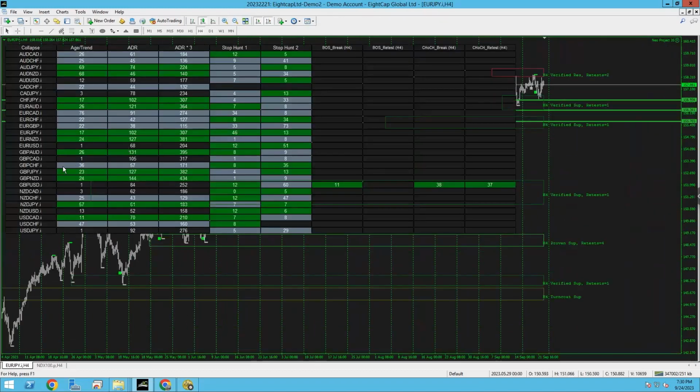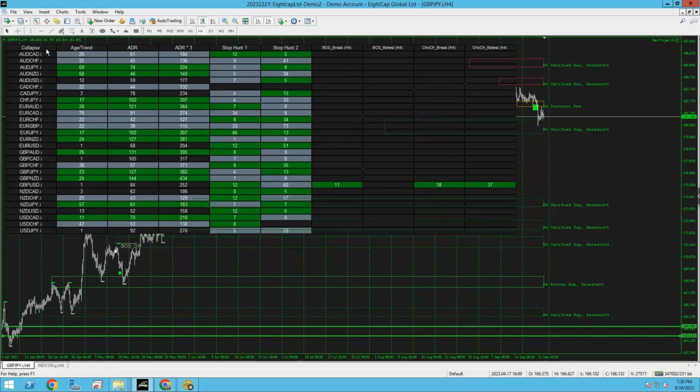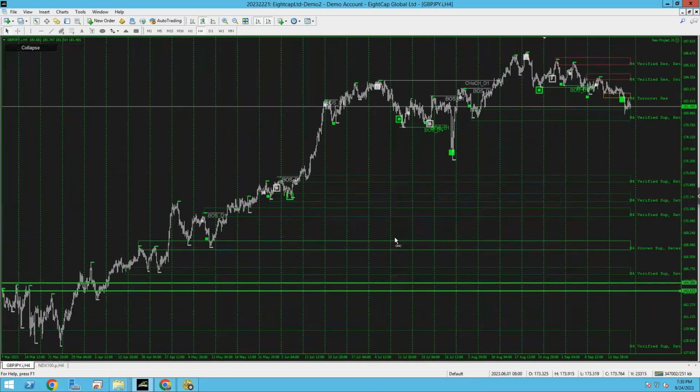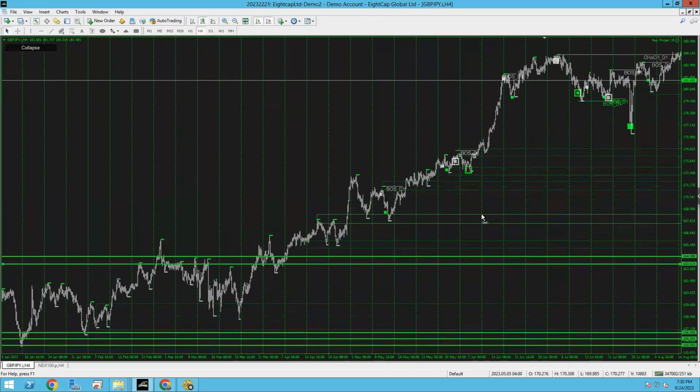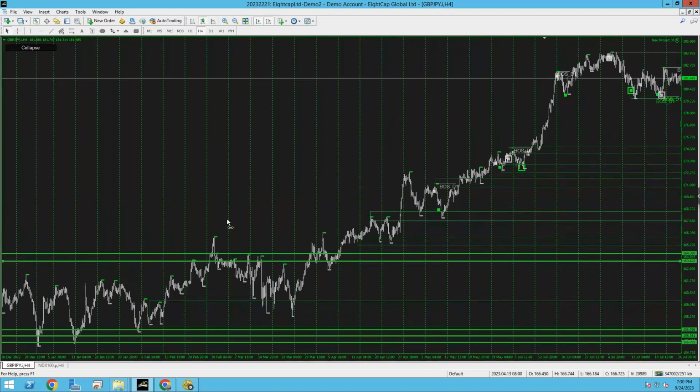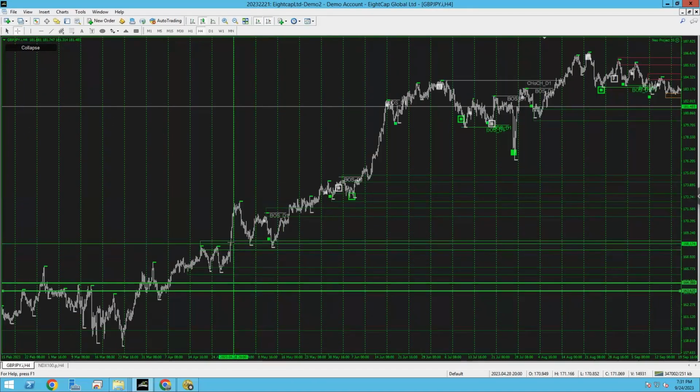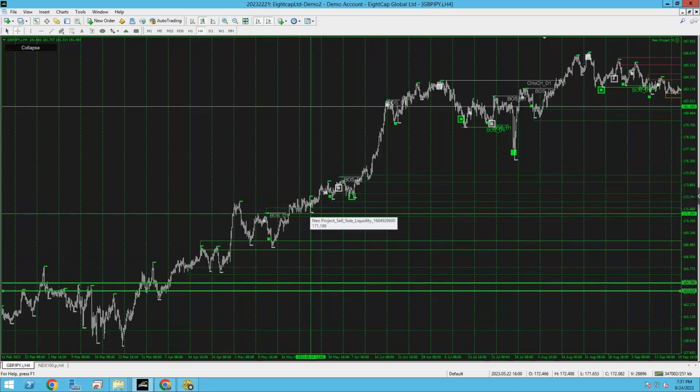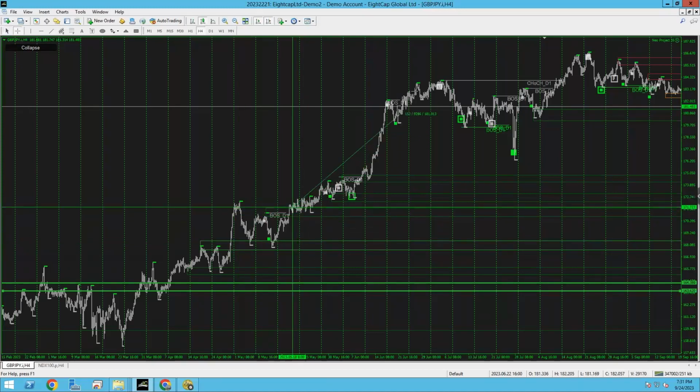Euro JPY, GBP JPY. Look, this is why all of these pairs were doing this mad move, because Neo was showing you a major structure was getting broken. So here was a turncoat right here. This was already a 300 pip buy. And then there was another turncoat here. Boom. Right from here to here, this was a 1,500 pip buy.